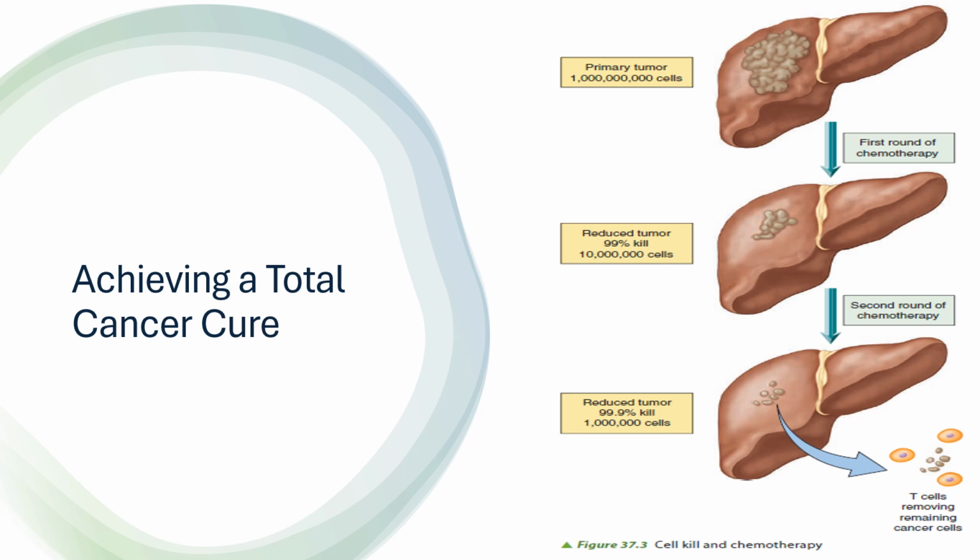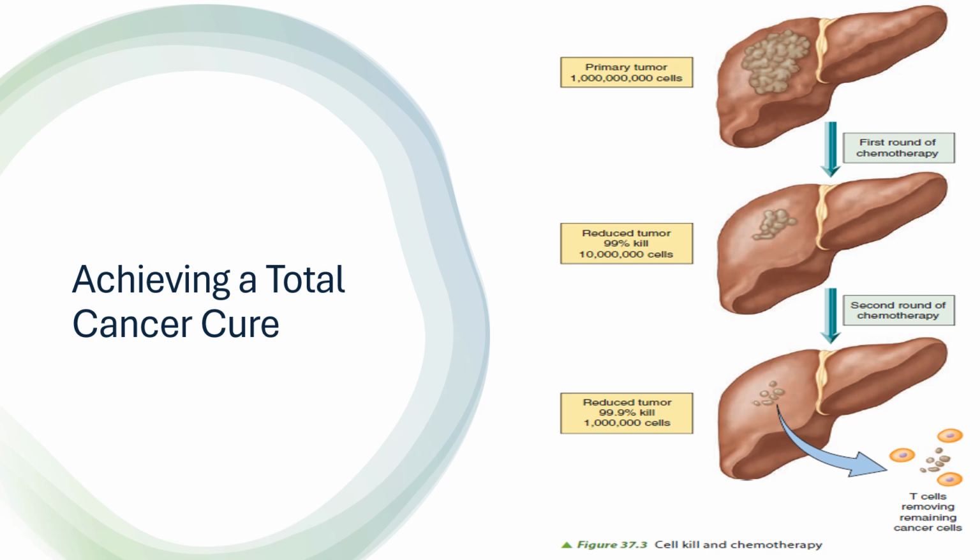Achieving a total cancer cure. To cure a patient, it is believed that every single cancer cell in a tumor must be eliminated from the body. Leaving even a single malignant cell could result in regrowth of the tumor. Eliminating every cancer cell, however, is a very difficult task. As an example, consider that a small 1 cm breast tumor may already contain 1 billion cancer cells before it can be detected in a manual examination.